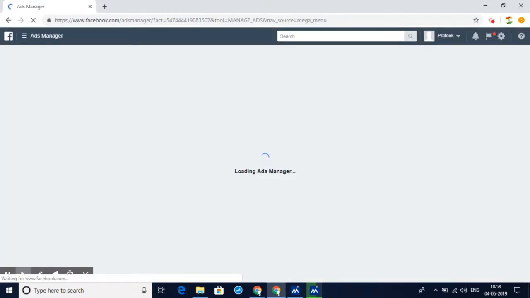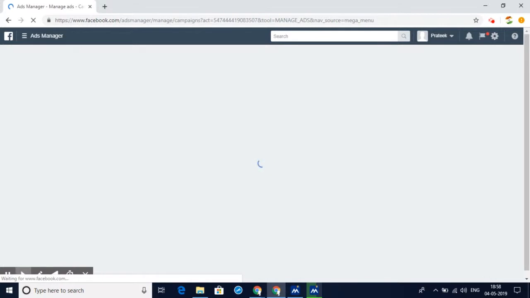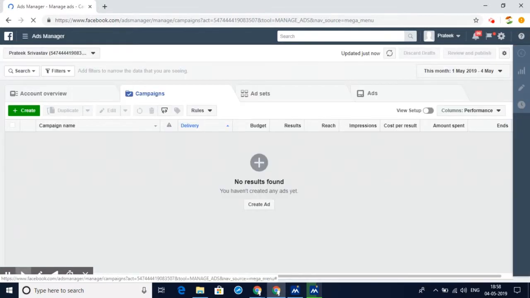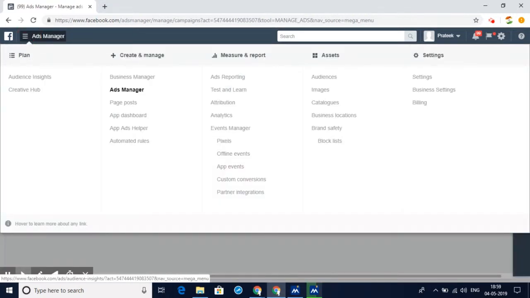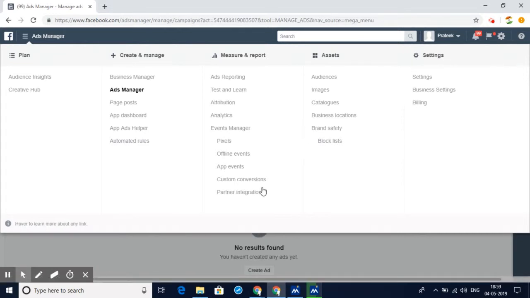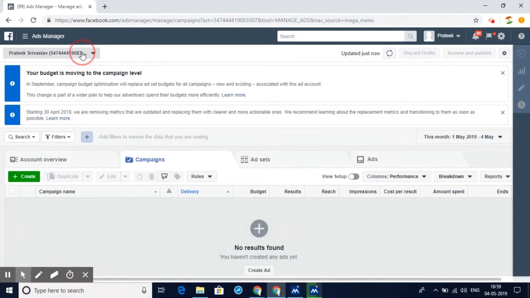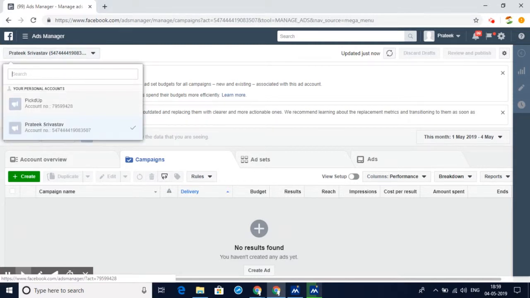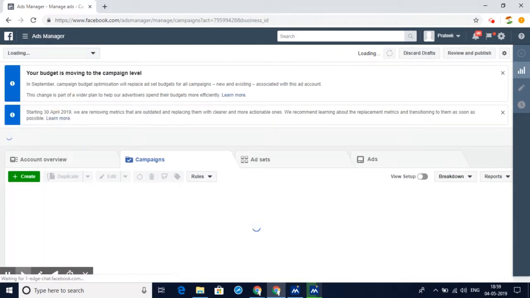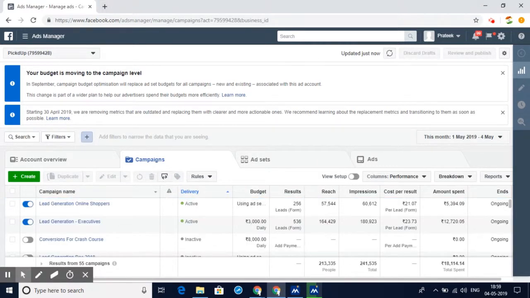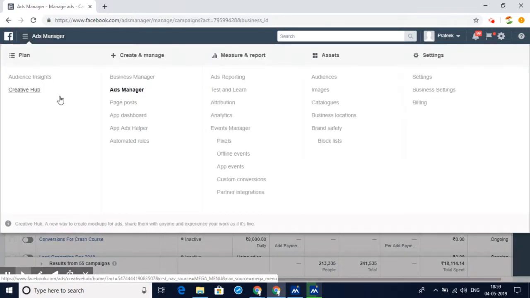Now, one of the things that you see in the Facebook Ad Manager is a lot of metrics on your screen. The Facebook Ad Manager is currently loading. It'll show you important metrics on your campaigns. It will also show you options to pause or increase or decrease budgets of your campaigns. It'll tell you what kind of results you are getting from your Facebook campaigns. So it'll help you essentially diagnose better on your campaigns, your ads, and will give you a glimpse of the